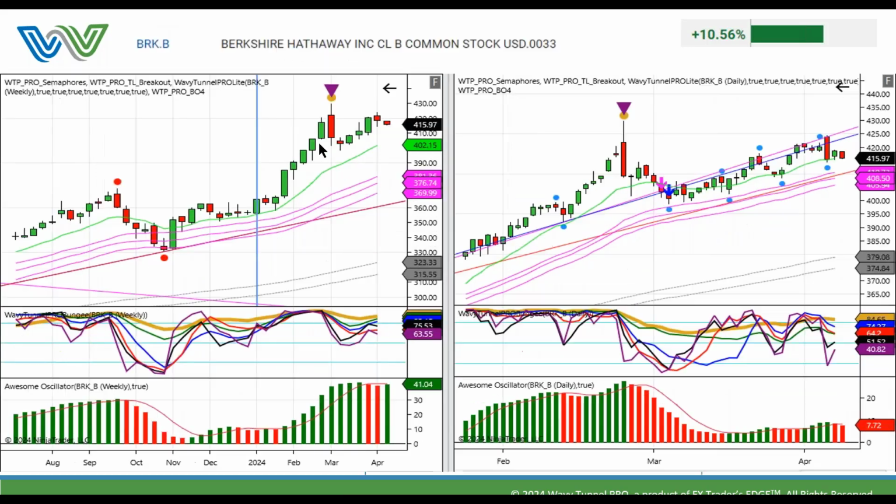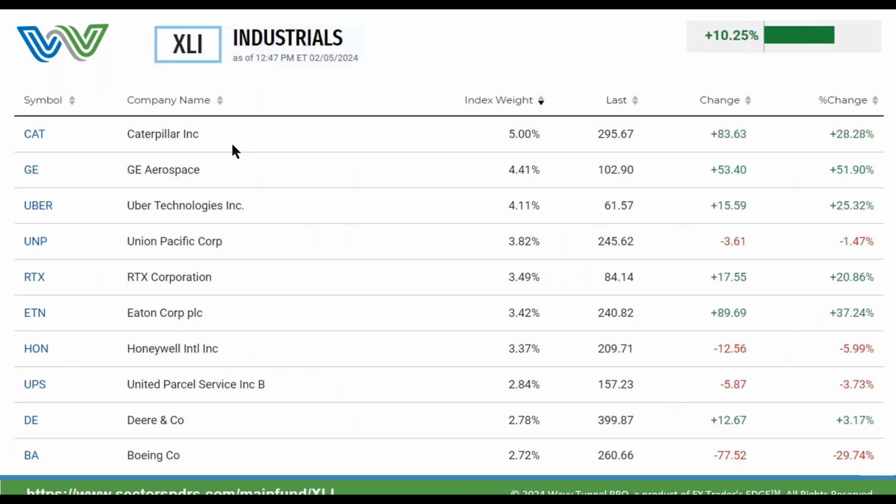So XLF we looked at, and this is Berkshire Hathaway since the beginning of the year. Strong start to the year, and now it's trading sideways. Okay, this is the weekly, daily. This is the daily. We're trading down into the wave today. XLI Industrials, we're going to have a look at